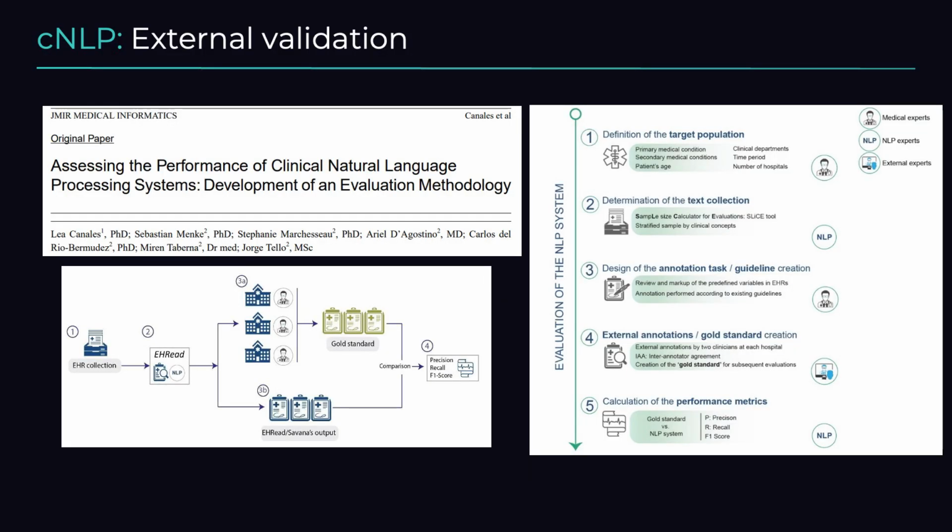When we started doing that, one of the things that happened to us when we wanted to publish some results of the studies that we were performing was that a lot of the reviewers asked us, okay, how do I know that the clinical database that you are analyzing is good enough? Because this is not based on the standard, which is a manual chart review. So we created a methodology and published it for other colleagues to use, which we call external clinical NLP validation.